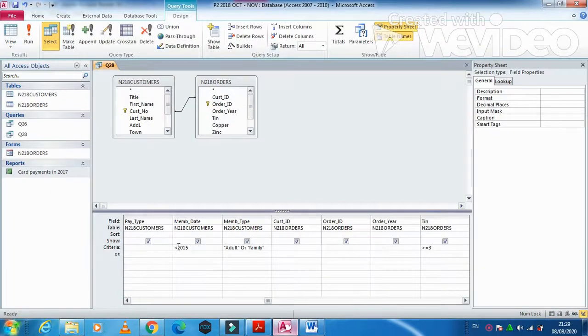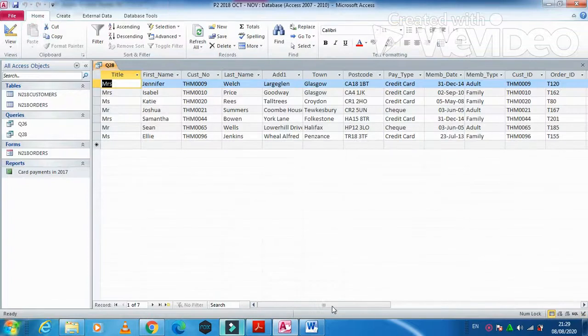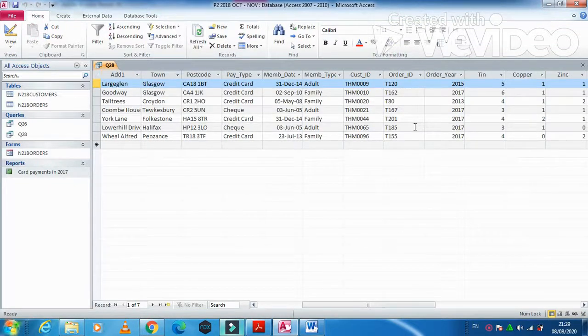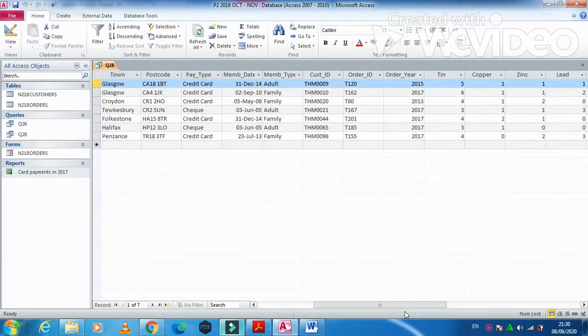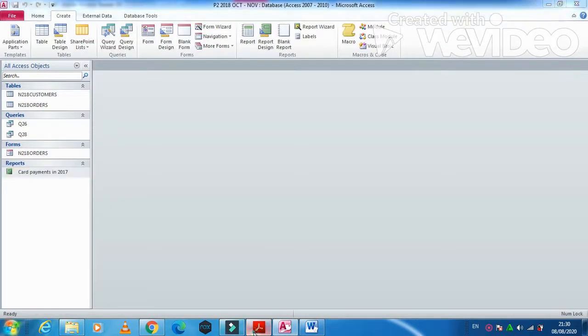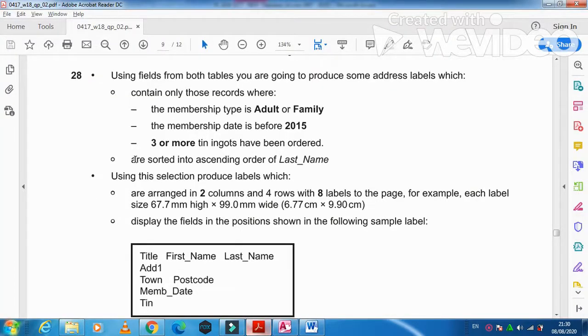Before 2015, so you just write here 1/1/2015. So run now. So this is what we have before 2015 now. That's it. And then just click on save and then click on close. Now what you need to do is you need to sort them into ascending order. Use this selection to produce labels